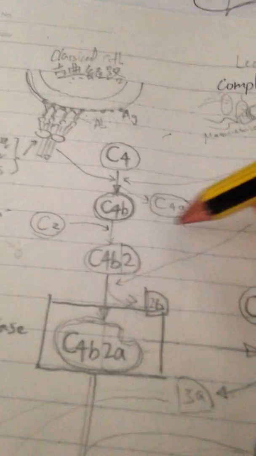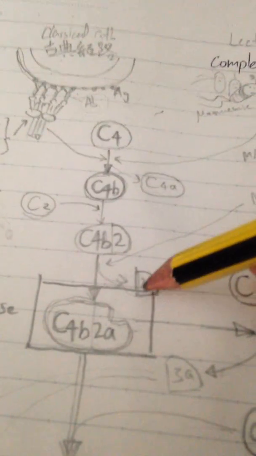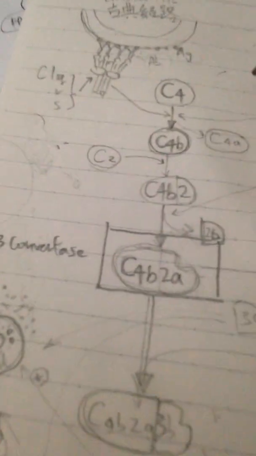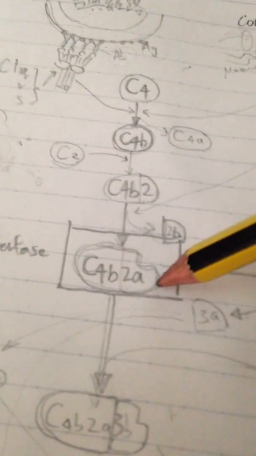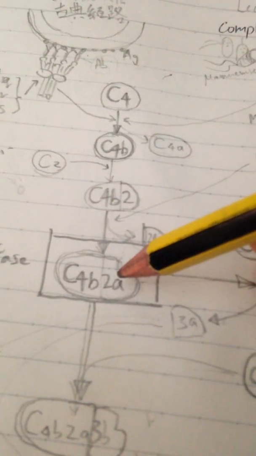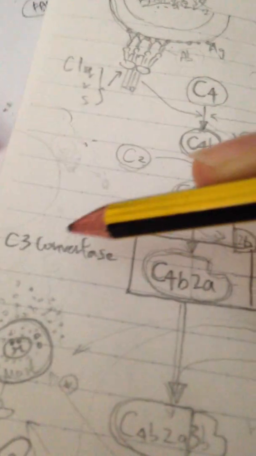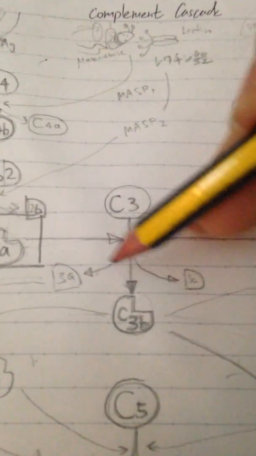C4 cleaves away by itself, and the C2B goes away as well. So finally, it makes a compound called C4B2A. It's slightly confusing, but just think of it as a part of the C4 as well as a part of C2 making what is called a C3 convertase. It's called a C3 convertase because exactly what it does is convert C3 into C3b as well as